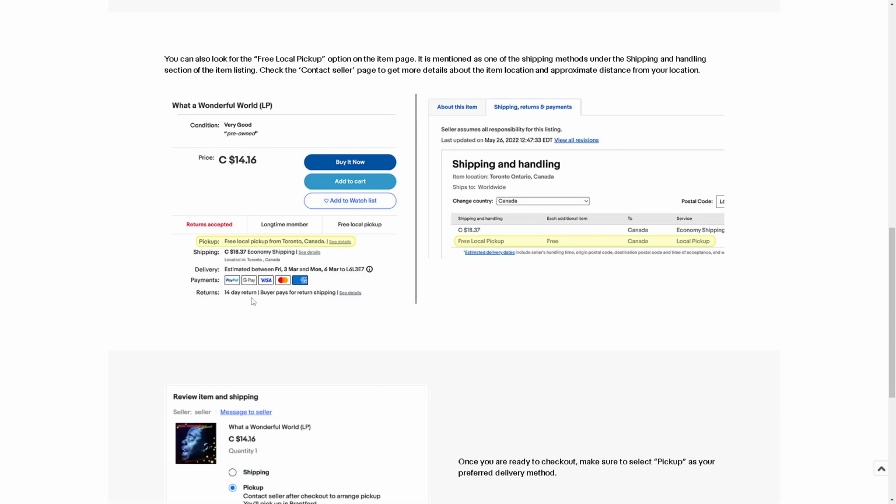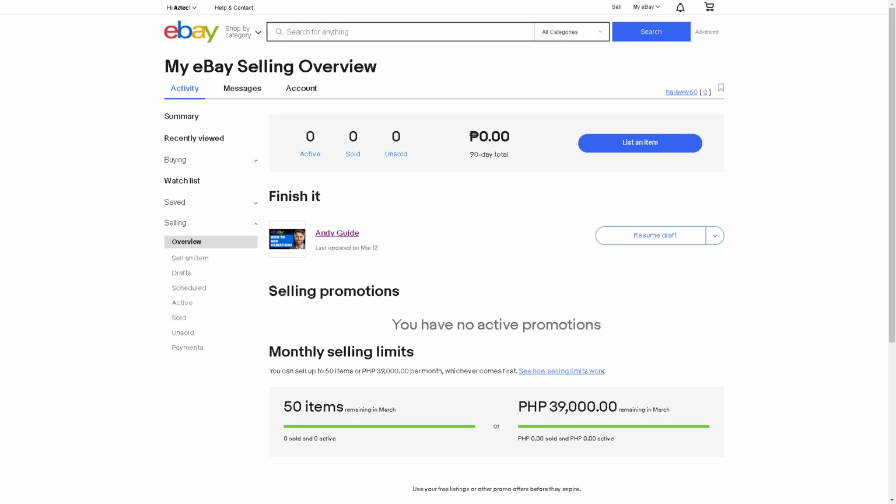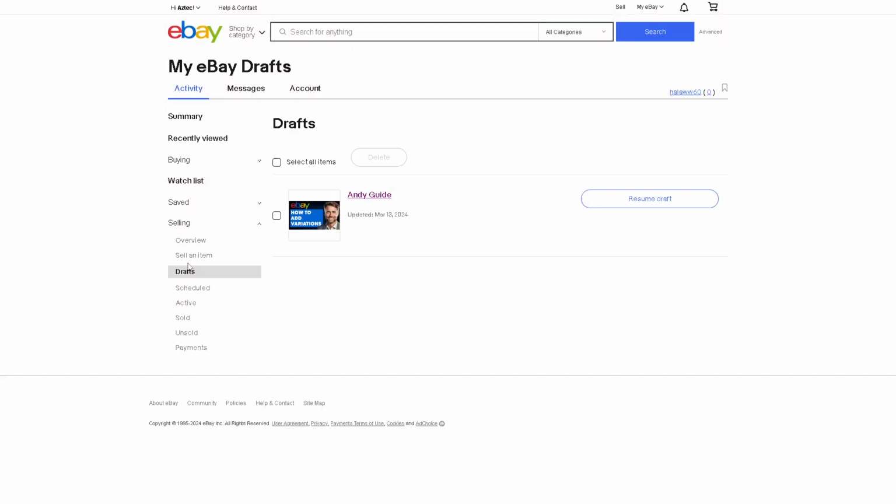all we're going to do is simply go to your seller dashboard. Now once you are on the seller dashboard, click on the listings that you currently have or an item that you are planning to sell. Say for example, I already have a draft here. Click on that, and what will happen is,